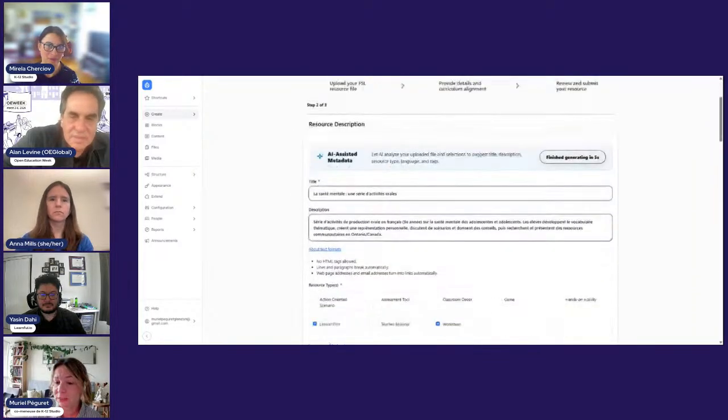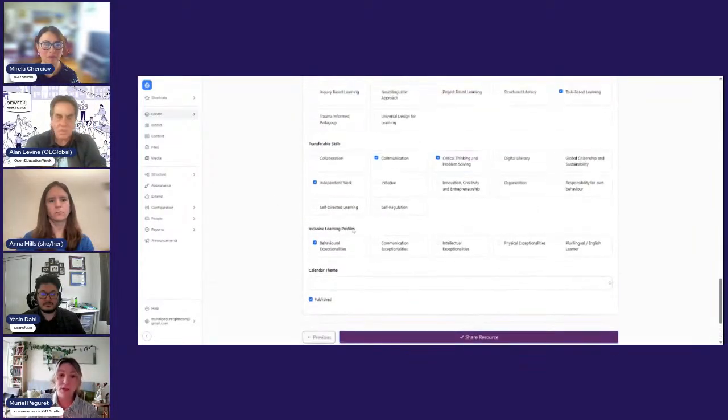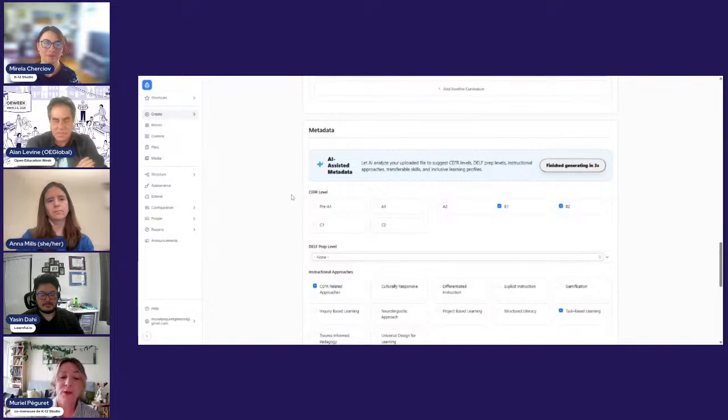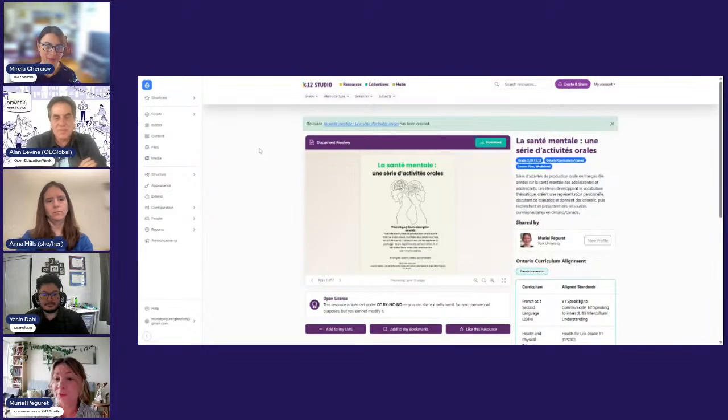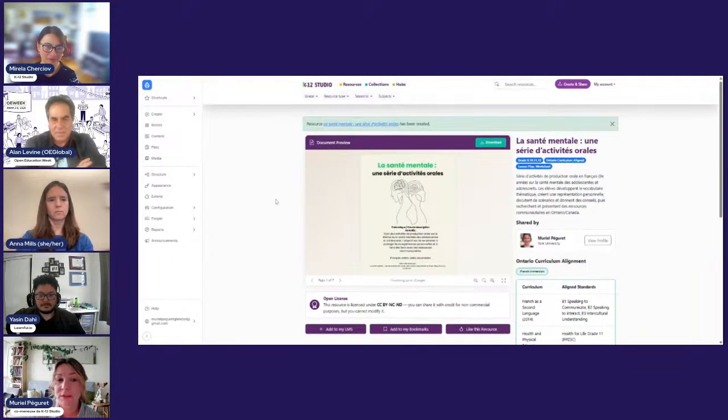So if you don't have any time whatsoever, like teachers, they don't have any time whatsoever, we need to support the generosity of sharing open resources as much as we possibly can, and we think that AI is definitely helping in this way. So that's it for the little demo. Wow. If you have any questions, please let us know.